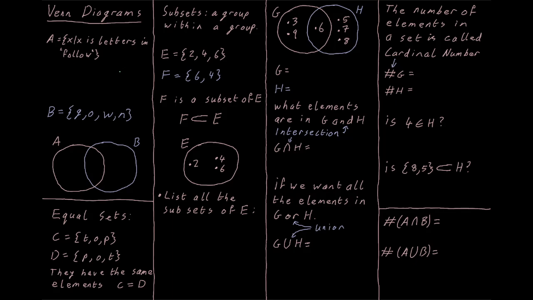Hello. Now we are going to look at Venn diagrams. And a Venn diagram is a way of visualizing our sets, of drawing a picture of our groups so that we can understand them better because we can see them better. A Venn diagram